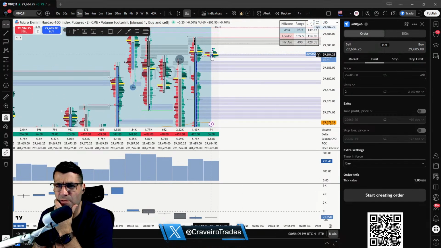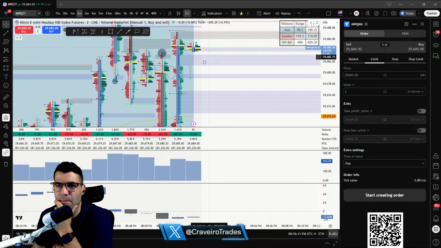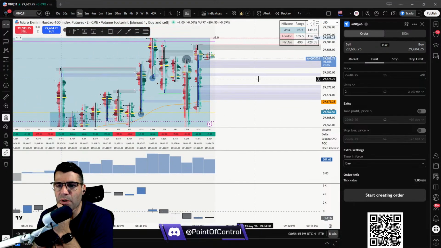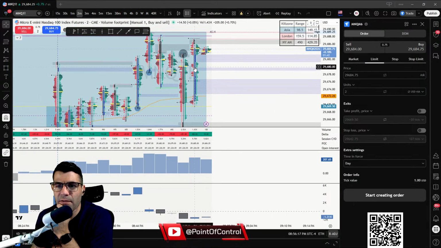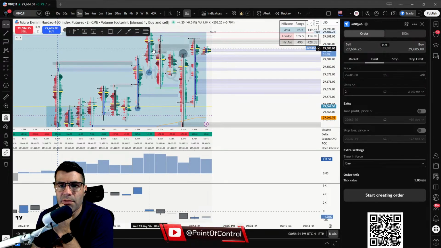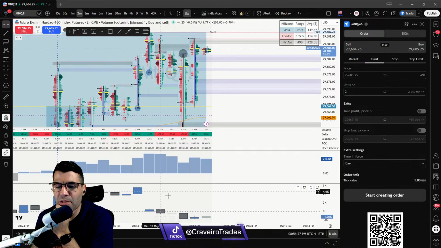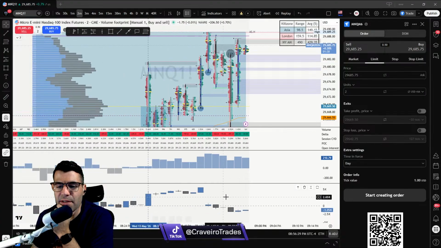So right now is a tug of war. We have huge imbalances on both sides of the aisle. And this is going to kind of determine who's going to win the battle and where price is going to go. We have, let's see. So there is not a CVD divergence on the histogram, but we do have a CVD divergence. Pretty large drop off down here, but